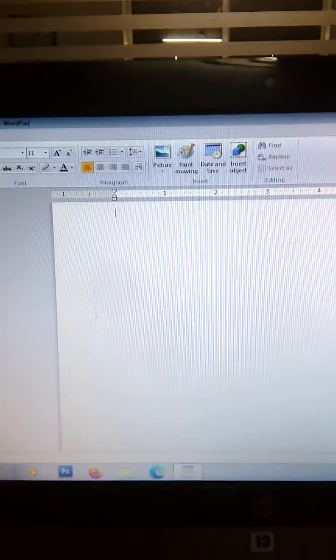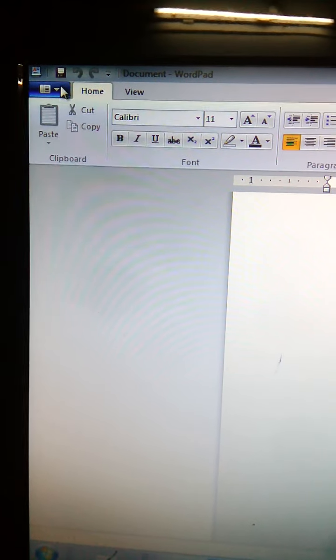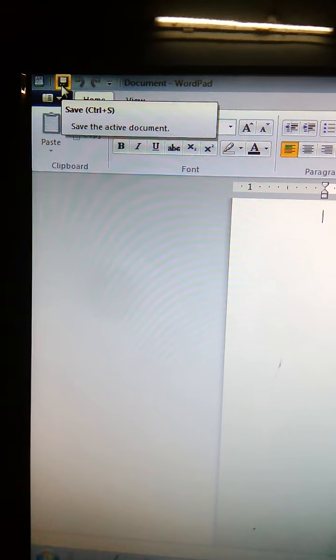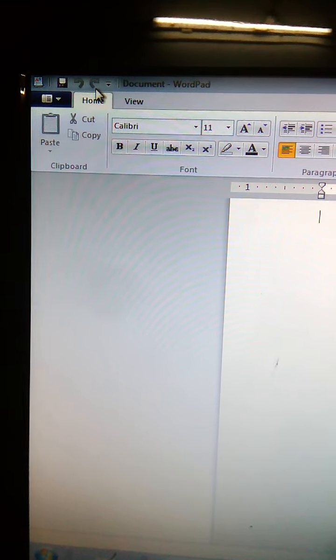The Wattpad window opens up on the screen. It has 5 main parts. One is the Wattpad button, second is the cursor, third is the close button, then the ribbon, text area, and quick access toolbar. I will show you. It is the quick access toolbar. It is the Wattpad button. In the quick access toolbar you will get the save button, undo button and redo button.